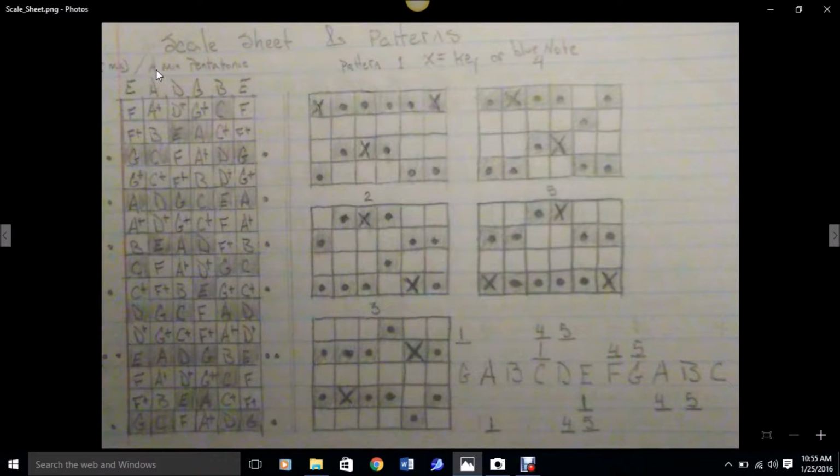All right, the pentatonic scale is with the A. Pentatonic means 5. All you got to do is, where's the A at? All right, let's start with the A. 1, 2, 3, 4, 5, and it's the A. So what we do is take these 5 notes that make up the pentatonic scale,